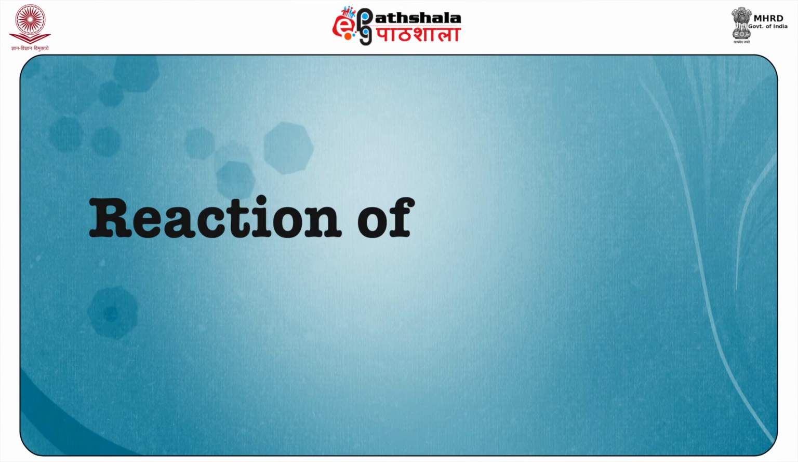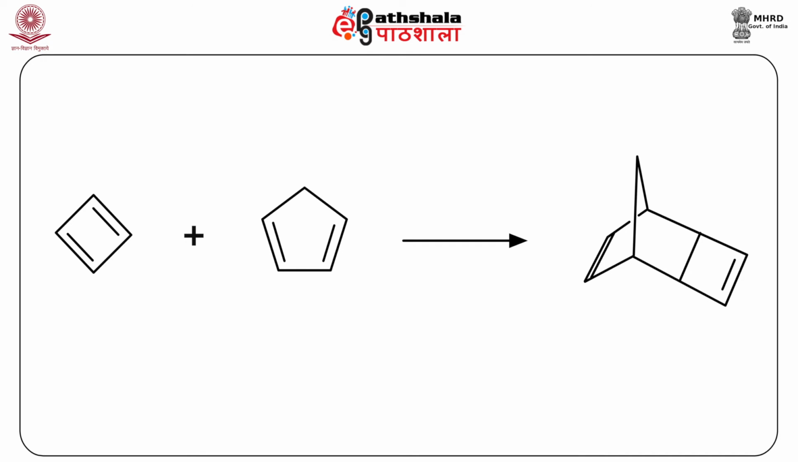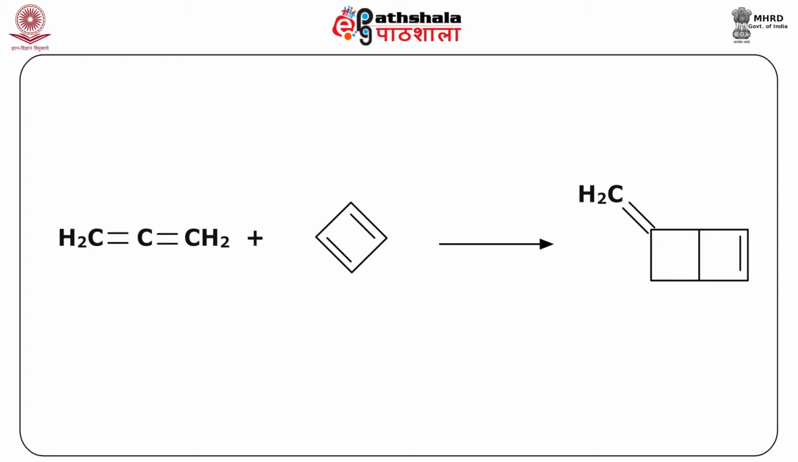Reactions of annulenes. The cyclobutadiene reacts with an ene to give a Diels-Alder product. The reaction of ethylene and cyclobutadiene forms bicyclo[2,2,0]hex-2-ene. The reaction of cyclobutadiene and cyclopenta-1,3-diene, another Diels-Alder product, is shown. In another reaction, cyclobutadiene reacts with allenes to form 5-methylene bicyclo